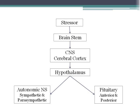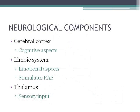All of this goes through the central nervous system and the cerebral cortex to the hypothalamus. Then it branches out to the autonomic nervous system and the pituitary gland. The message of what to do is altered and specialized each step of the way. The cerebral cortex coordinates the cognitive aspects of the stress response, such as focus, planning, attention, and persistence. The limbic system coordinates the emotional aspects of the stress response, such as fear, anxiety, anger, and excitement, and it